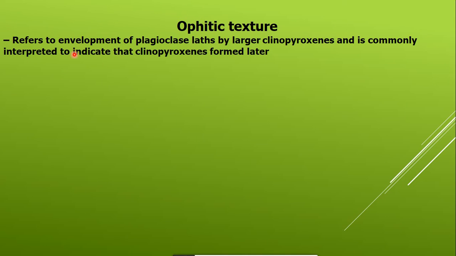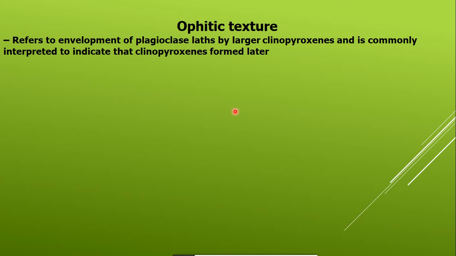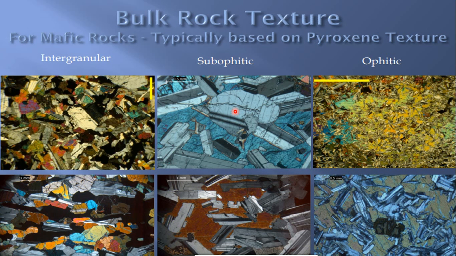Ophitic texture refers to the enveloping of plagioclase laths by larger CPX, that is clinopyroxene, and is commonly interpreted to indicate that clinopyroxene formed later. And this is the ophitic texture in which the laths of plagioclase are enveloped by the larger clinopyroxene. These are the laths of the plagioclase, and this is the CPX. In this you can see